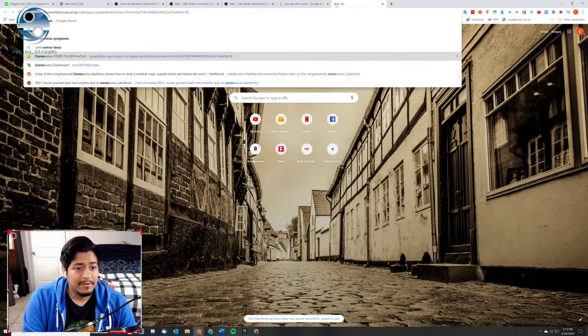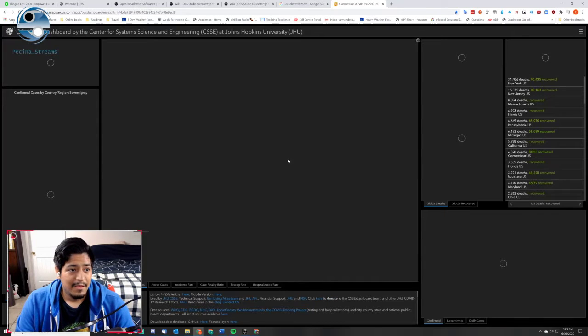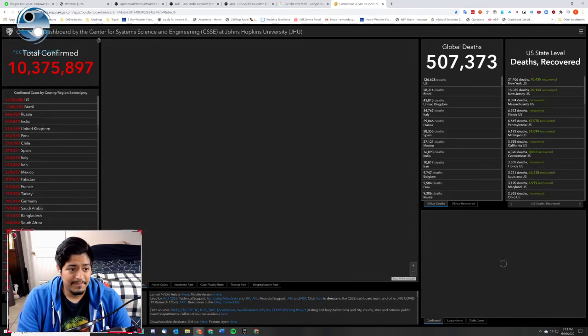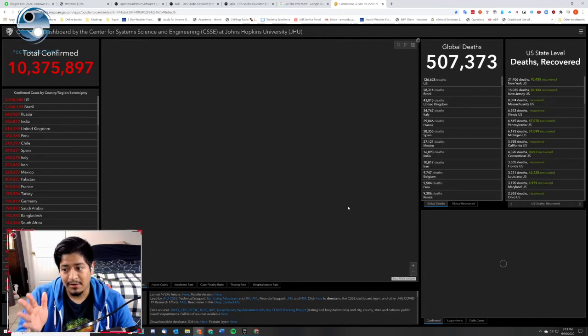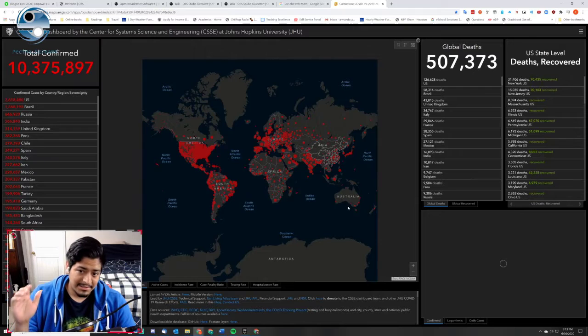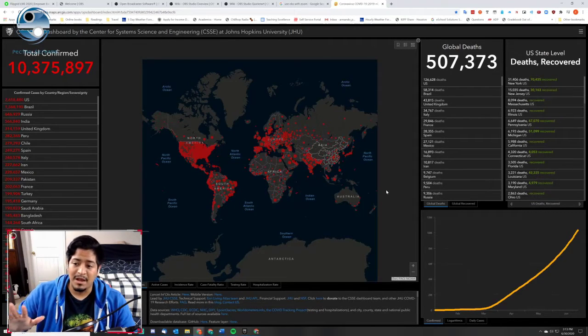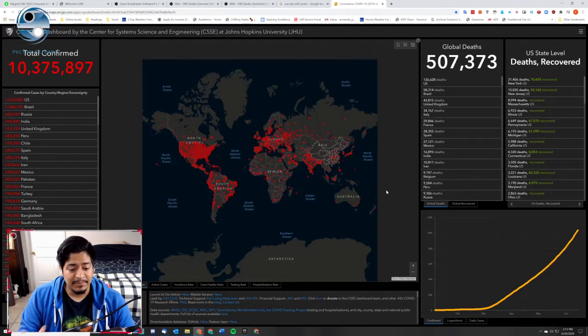I don't know if they're still updating it, but I shared this map with a lot of people, which is the COVID-19 dashboard. So don't be alarmed. Yes, this is a lot of stuff right now that you're going to see. But if you've never seen it before, I share this with everyone at the start of my videos way back. But if you weren't there, this is something that was developed by the Johns Hopkins University by their science and